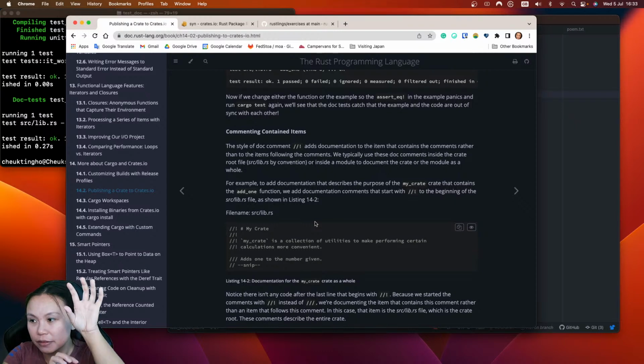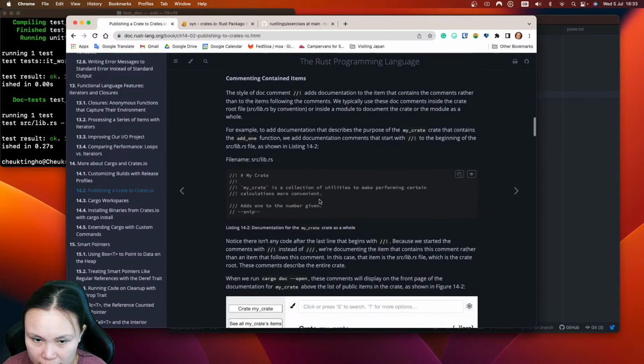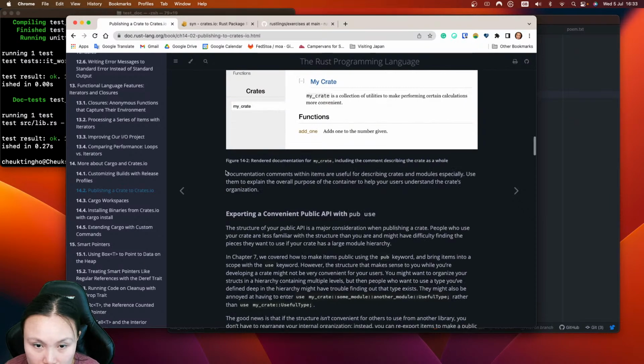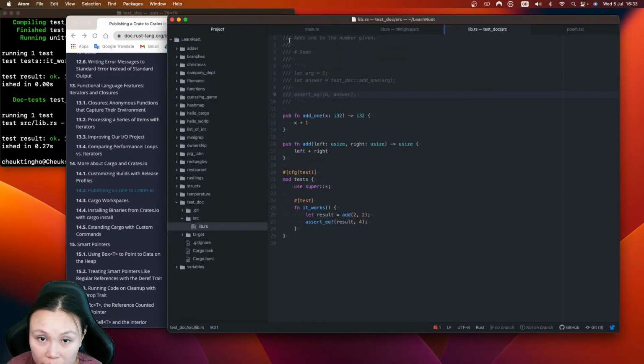So this is like the Python docstring that's all the way at the top of the module, and it's basically describing the whole module itself rather than the item following the comments. Describe the purpose of mycrate containing the add one function with a documentation comment that starts with //! at the beginning. So it's like this. So you can add this. Where am I? Okay. Yeah, if you add this, then now